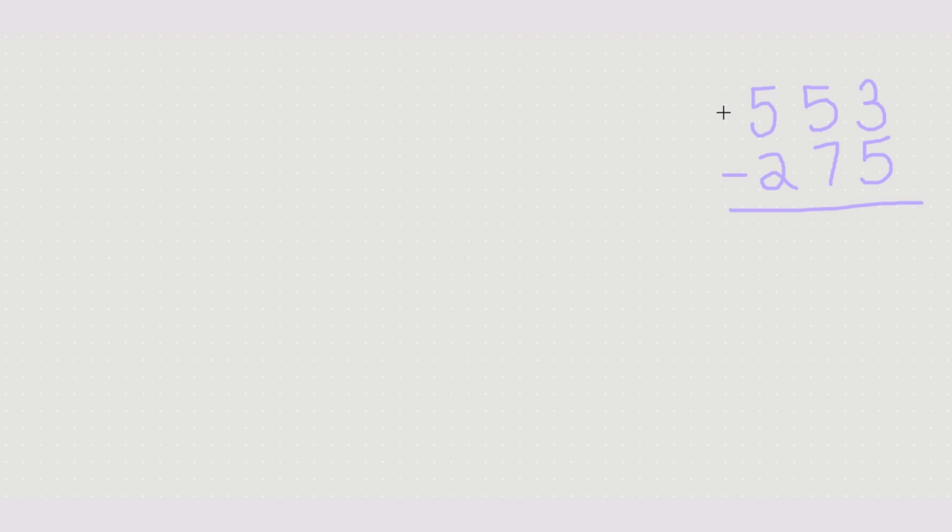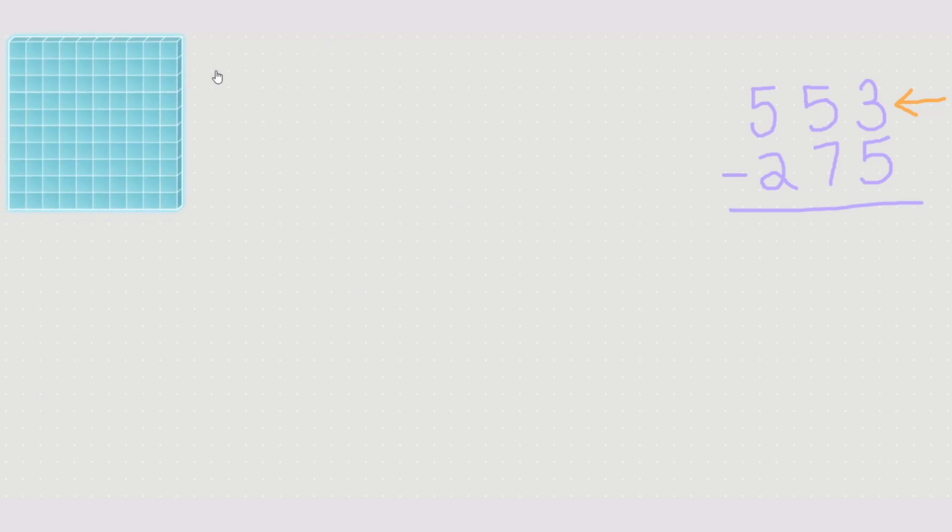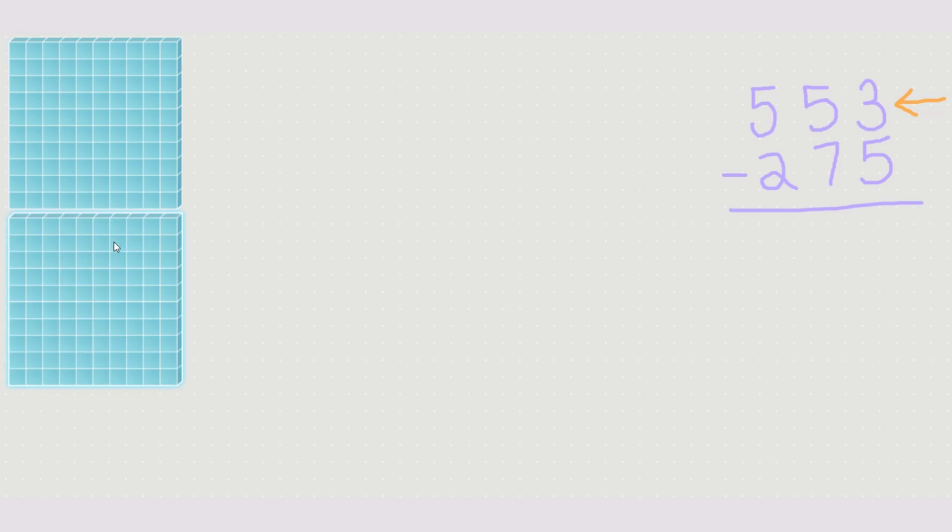Let's look at 553 minus 275. This is a 3-digit number minus a 3-digit number. But we are still going to start with our first number, the number on top, 553. I have to start by building that with base 10 blocks. I see a 5 in the hundreds place, so I'm going to put in 5 hundreds flats. 1, 2,